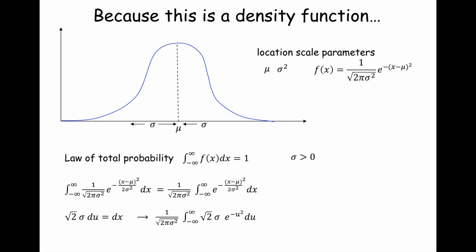No? All right. Now I take this constant, radical 2 sigma. It does not involve u, so I can move that out of the integration. When I move that out, I have radical 2 sigma in the numerator, and radical 2 pi sigma squared in the denominator. Now this e to the minus u squared du, that infinite integral, is something called the Gaussian integral.